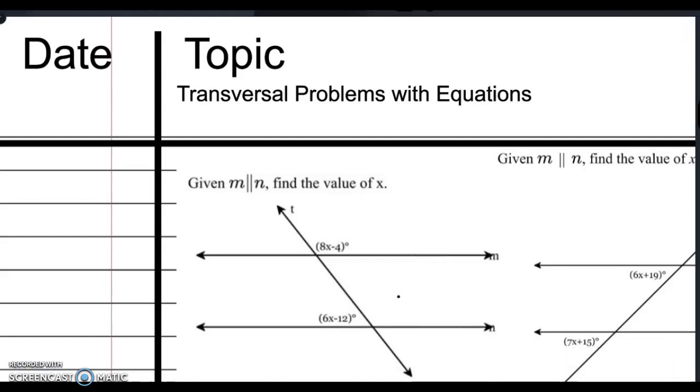Certain properties happen. Alternate interior angles are equal. Corresponding angles are equal. Vertical angles become equal to each other. Same side interior or co-interior angles add up to equal 180. There's a lot of different rules that you got to remember. And we're going to use those rules in order to solve for x, which is what we're doing